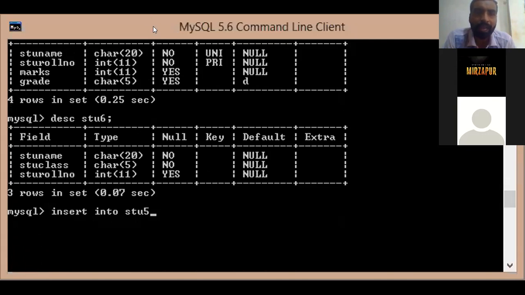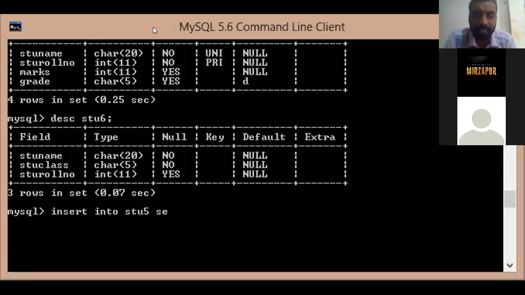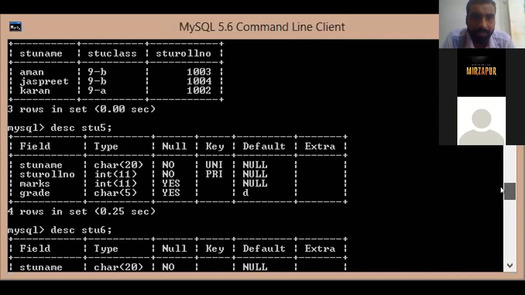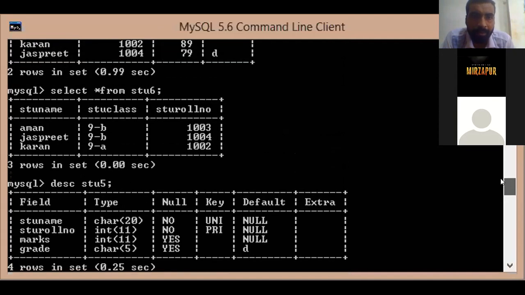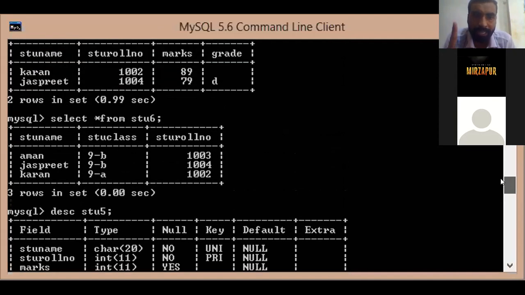Insert into STU5, then write select, all the fields, from the table name. The table name is STU6. Do you want to write any condition? Let us see if any condition is there.